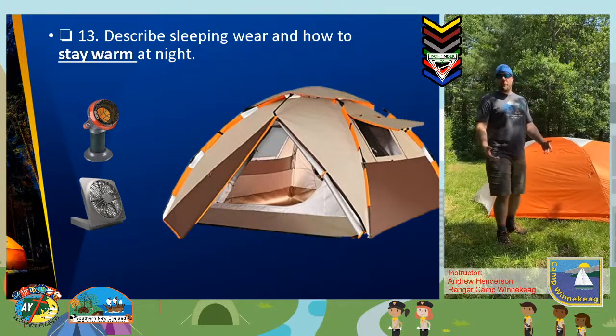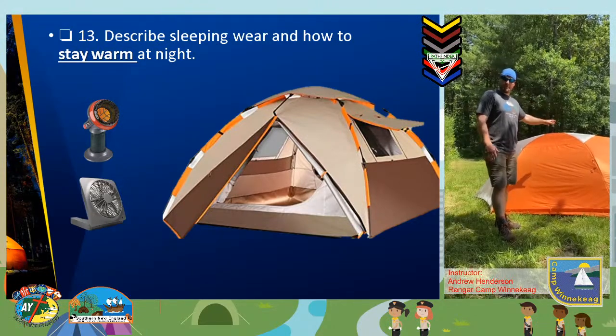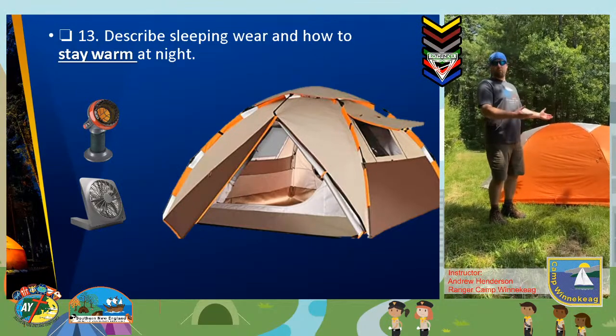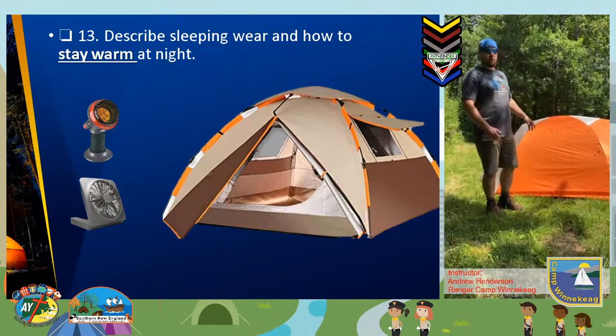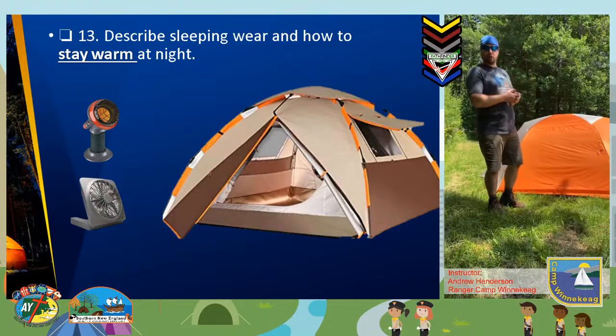So we're all set, we're ready to leave. It's important that when we take our tent down, we think of a couple things. One, is the tent wet? Did it rain overnight? Or is there morning dew that's still in the tent? If it's a wet tent, we can either try and let it dry out if the weather's still good,